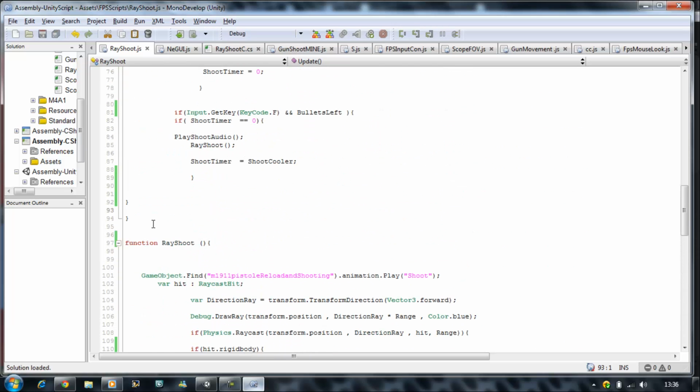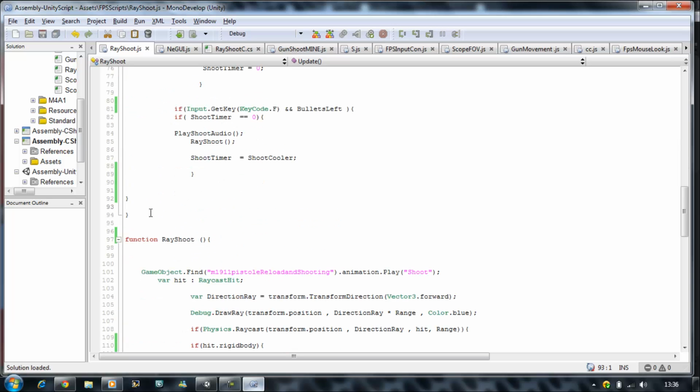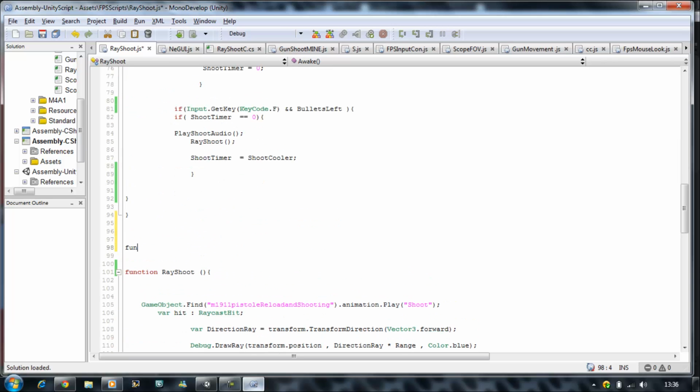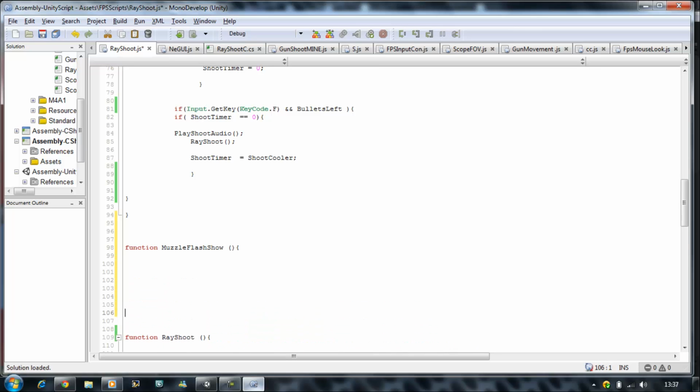Right, we want a new function for this, and I'm going to place this new function under my update. So function, I'm going to call mine muzzle flash show. Open bracket, close bracket, open curly brace, and close curly brace. Now what we're going to do is we only want to show our muzzle flash if our timer is equal to 0, and if it's greater than that, we want to switch off every object that it contains. So in order to do that, we want if open bracket muzzle flash timer is greater than 0, open bracket, close bracket,